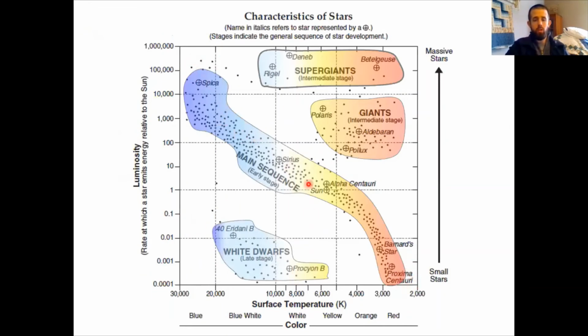So the main sequence stars are all of these, and you can see that some main sequence stars are smaller, some are bigger, and some are right in the middle, like our sun. So our sun, for example, will eventually increase in size and become a giant, but it won't become a supergiant. This star here, like Spica, will become a supergiant. Sirius will probably become a supergiant. Our sun will just become a giant. And then over time, if you're a giant star, you will eventually go into this late stage, the white dwarf stage,